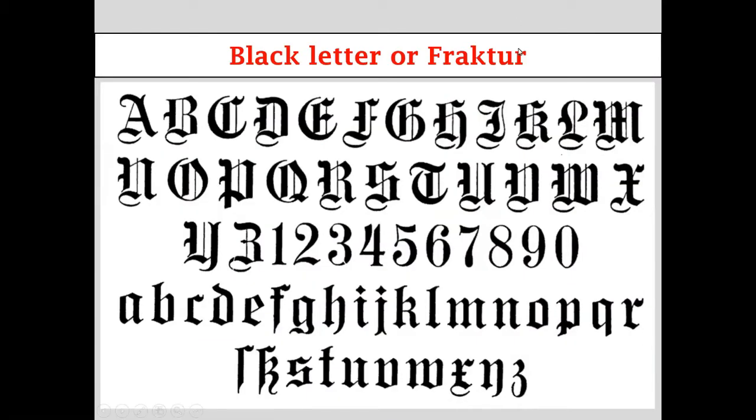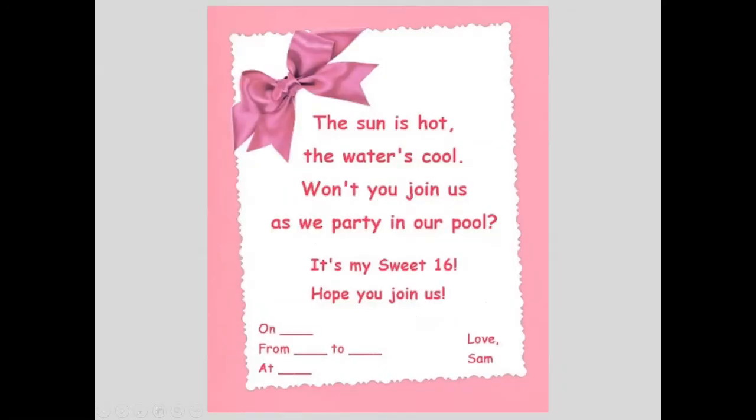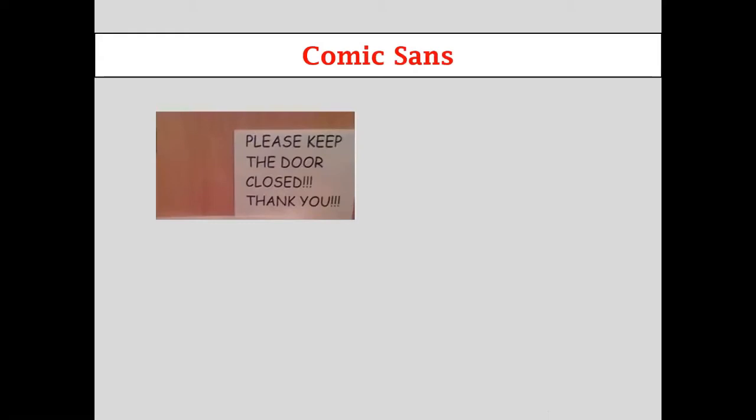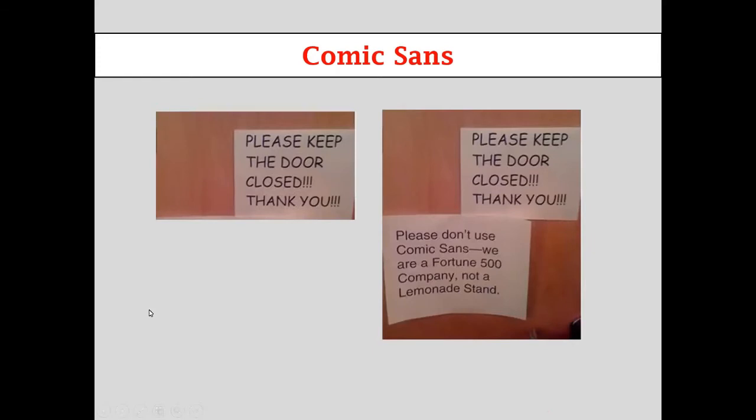Then I talked about atmosphere value. Now you see this is a degree certificate. So you see overall, it's a pretty conservative old style font that's used, what is called black letter or fraktur, because a degree certificate is a very formal document. So imagine this invitation, if you set it in the font that I just showed you, because it's very different. So the font needs to match the kind of document it is. Comic Sans, for instance: many people have a very strong aversion to Comic Sans. You could see this. So there is this atmosphere value, or there is some association with fonts.